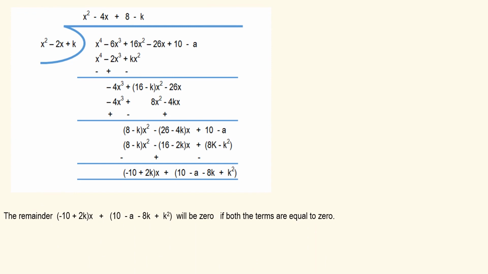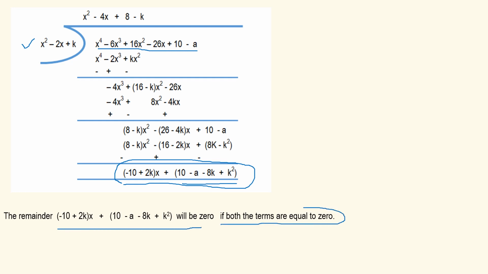And here we show the division. X square minus 2x plus k is the divisor and the dividend is this entire polynomial. We carry out the division and we see that the remainder term is this, that is minus 10 plus 2k times x plus 10 minus a minus 8k plus k square. Therefore, in our case, the remainder will be 0 if both the terms of this